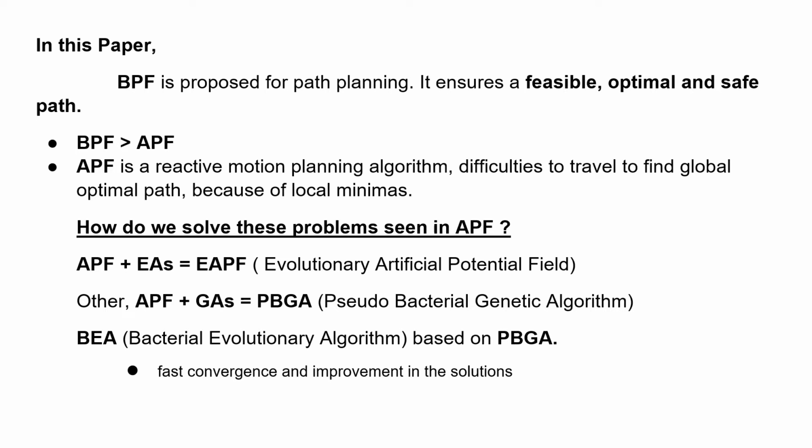So how do we solve these problems in the artificial potential field? One thing we can do is combine artificial potential field with other methods such as evolutionary algorithms, and this gives rise to what is called evolutionary artificial potential field, EAPF. You can also combine artificial potential fields with genetic algorithms, which will give rise to algorithms like